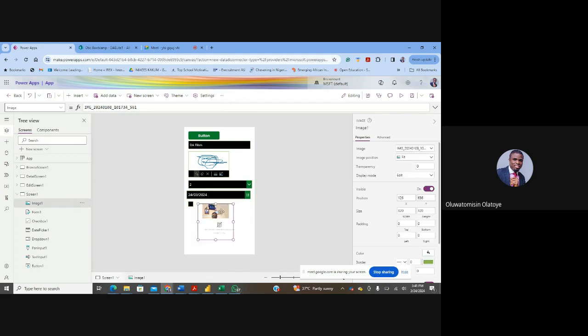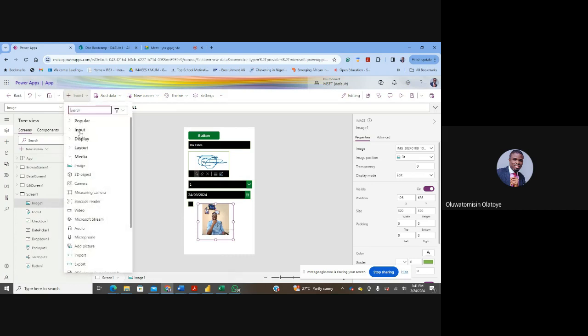So you can see the image is loading now. So that's a control that you can use, and then let's go on. Then you can have a 3D image. You can have camera if you want the app to take a picture of whoever is going to be using it. You can use the camera control to achieve that. If you want your app to be able to read a barcode, you can use the barcode reader as a control, add it to it. If you want a video,